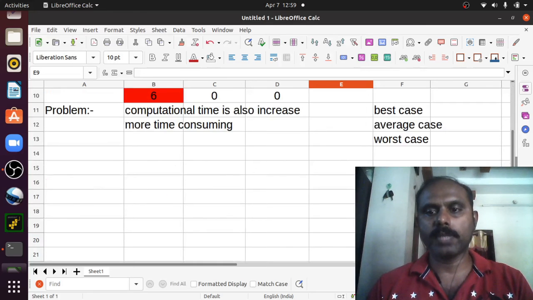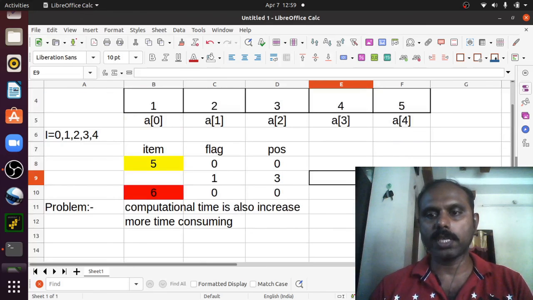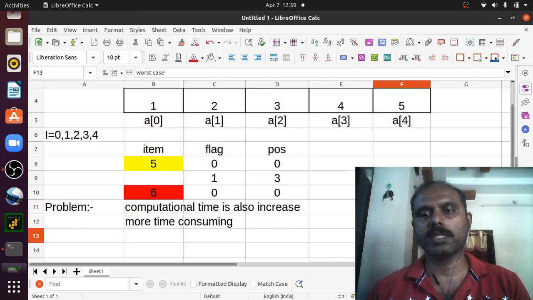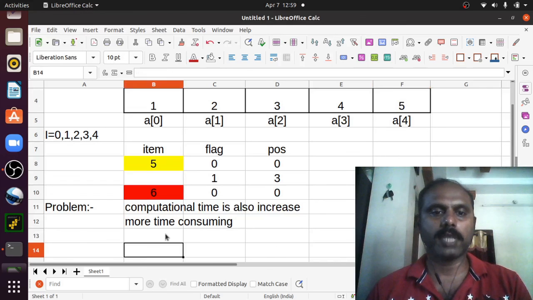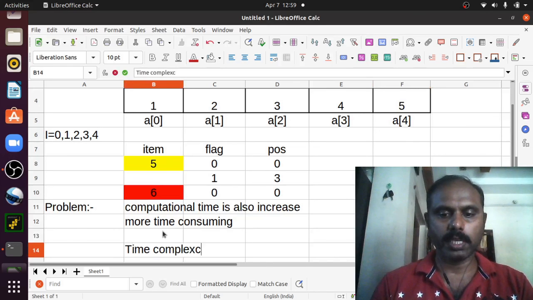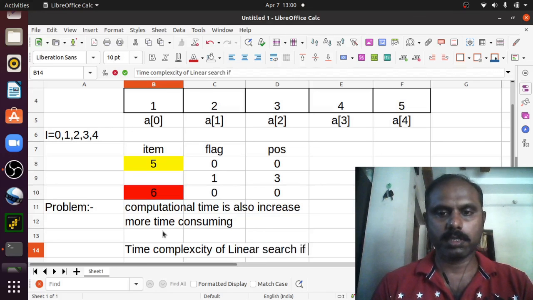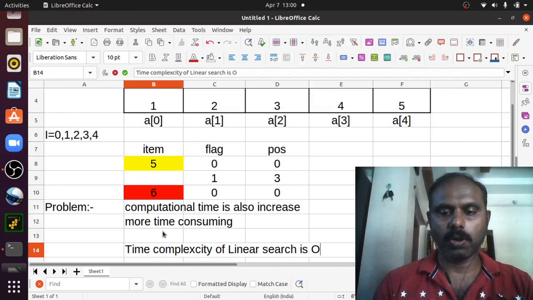So that is why, while creating a logic, you have to take the worst case. Always you have to take the worst case while making a logic. You cannot take the best case, and you cannot take the average case. So that is why the time complexity of linear search is order of n.